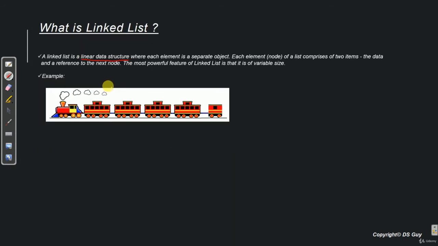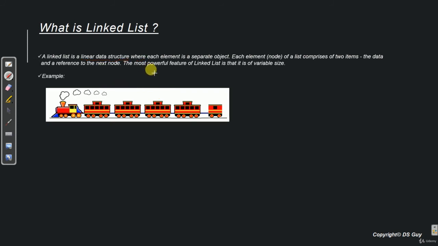In the train example, we see the same thing. From compartment 1, the only compartment accessible is compartment 2, and from compartment 2, the only compartment accessible is compartment 3. We cannot go to compartment 4 directly from compartment 1 without visiting compartment 3. So it is a linear data structure.